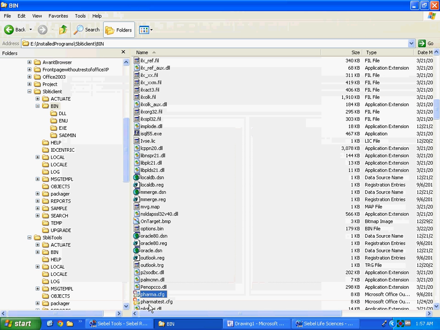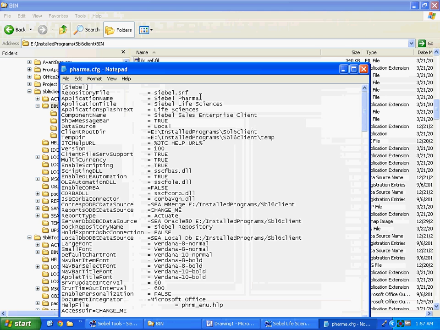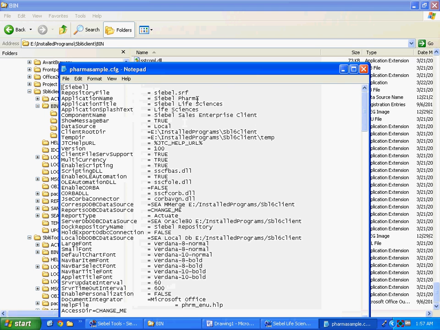Okay, pharma. So you create this application, and when you're starting Siebel, application name is the one which basically tells the engine to pick up the right applications. What we'll do is we'll make a copy of pharma CFG. I will name it pharma sample. Open it, edit it,